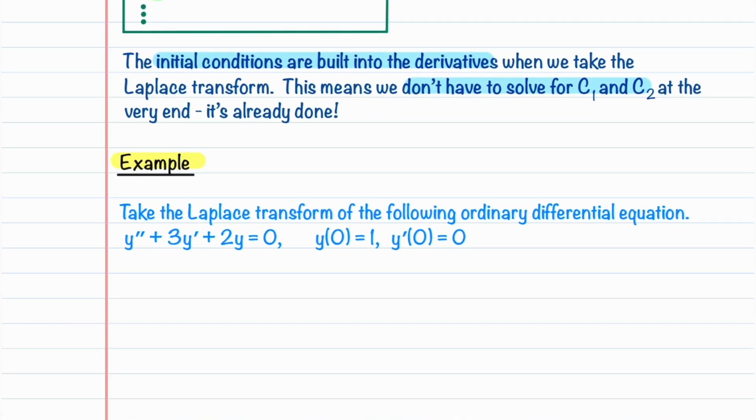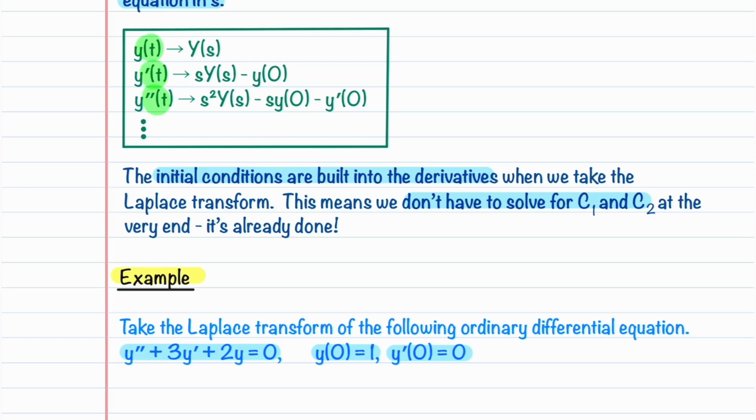Let's now walk through an example so that you can see how you can use Laplace transforms to transform an ODE into an algebraic equation in s. We're going to take the Laplace transform of the equation y double prime plus 3y prime plus 2y is equal to 0 with the initial conditions that y of 0 is equal to 1 and y prime of 0 is equal to 0. Let me back this down here a little bit because we are going to need to use those formulas. Y double prime becomes s squared capital Y of s minus s little y of 0 minus little